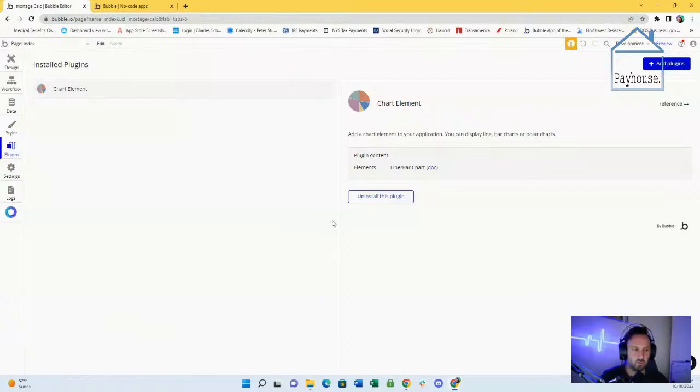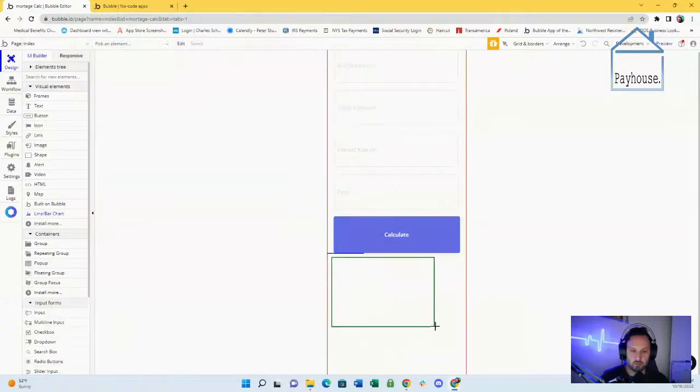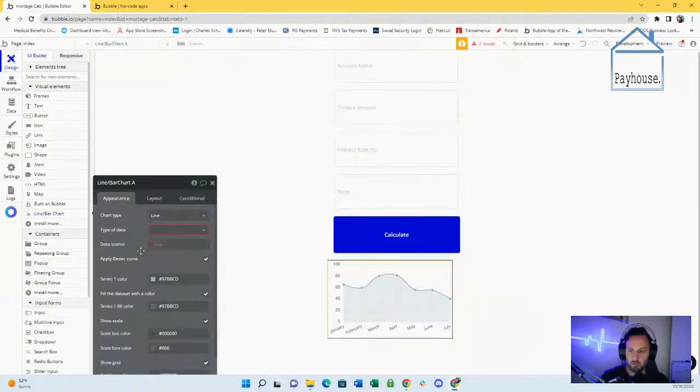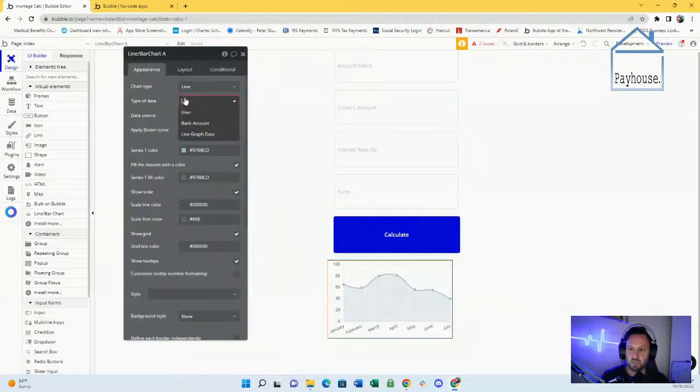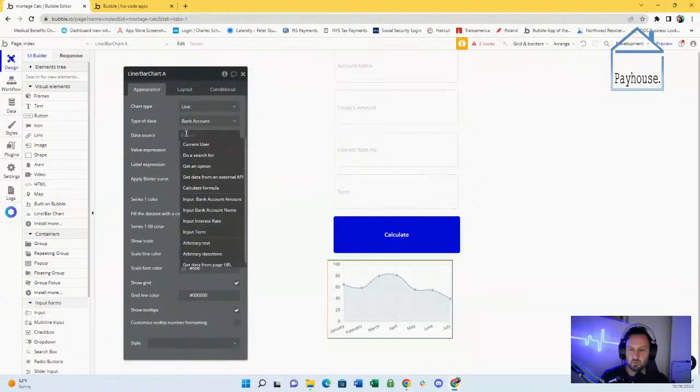So this is just the most basic charting element that you can use in Bubble. I'll show a few others afterwards, but this is the one that we're going to use for now. This is a free plugin built by Bubble. And if we add this line bar chart, let's add this to the bottom here. All right, you can see the type of data that it's expecting. If I do bank account, my data source could be,